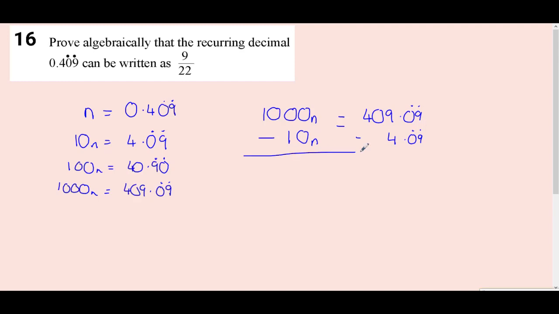If I do that, I get 990n is equal to 405. The recurring has been eliminated. I then want to simplify this. They can both be divided by 5. 990 divided by 5 would give me 198n. 405 divided by 5 will give me